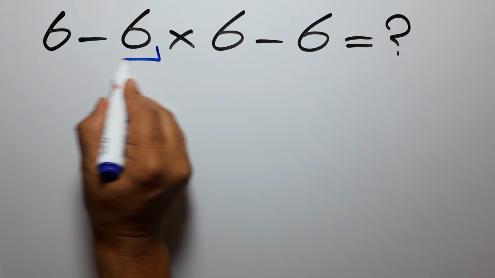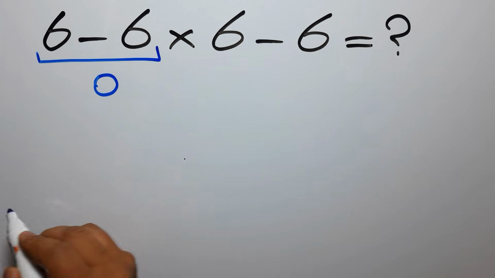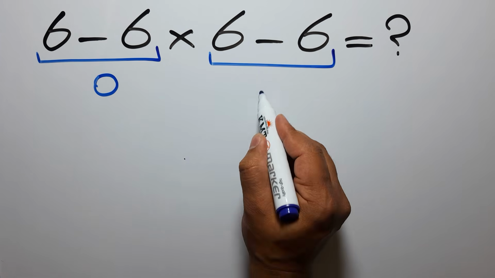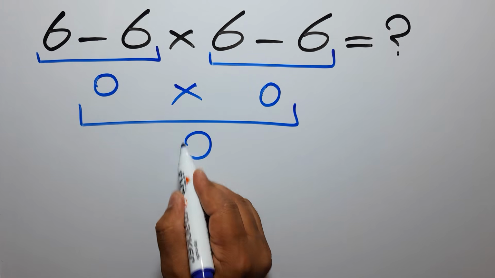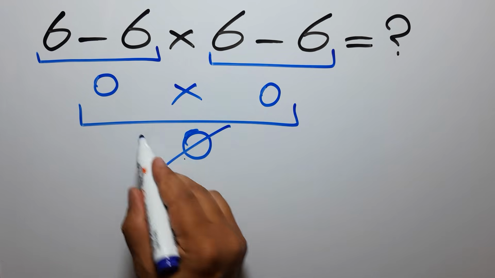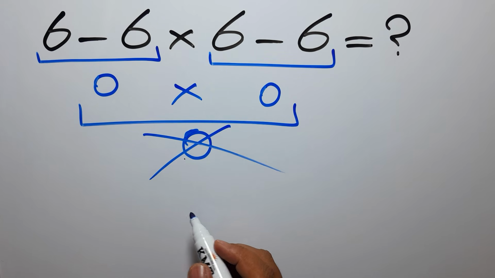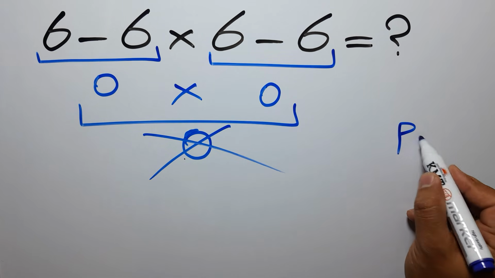6 minus 6 gives us 0. And again here we have 6 minus 6. So 0 times 0 equals 0. But this answer is not correct because according to the order of operations, which is PEMDAS,